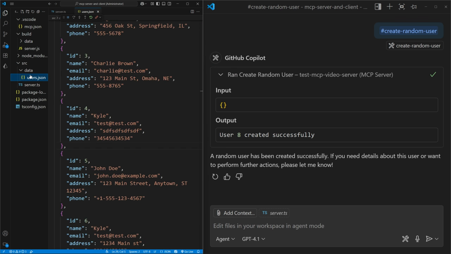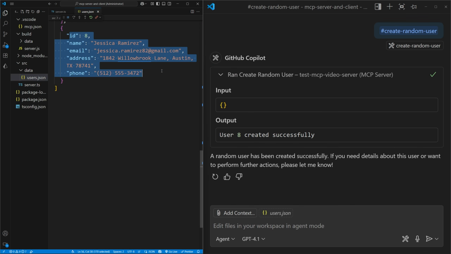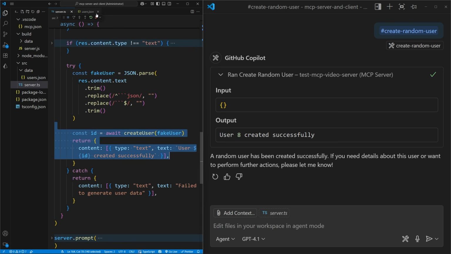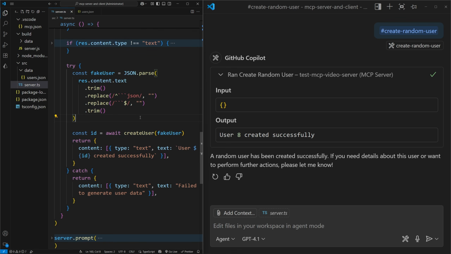And if I look at my actual user JSON file and I look at user 8, you can see it created all this information based on a prompt that was sent down to the AI. You can see none of this information was something that I typed in myself. The AI randomly generated all of that information for me. So this is essentially how we set up to use these different AI prompts directly inside of here by using